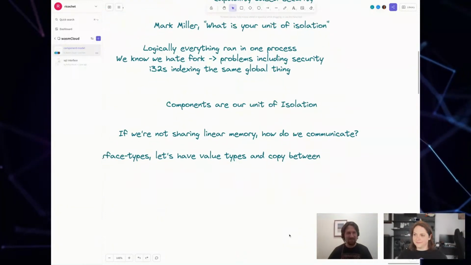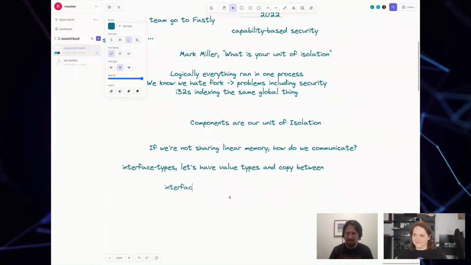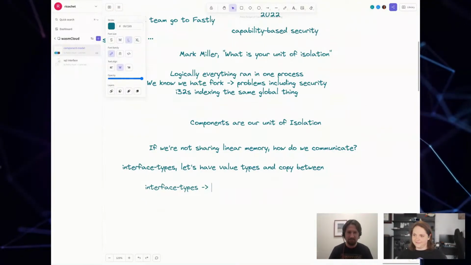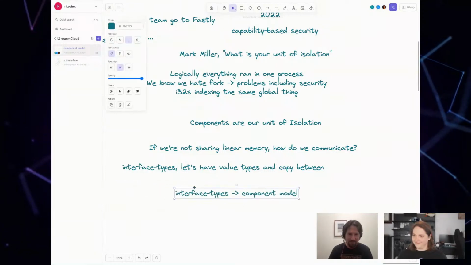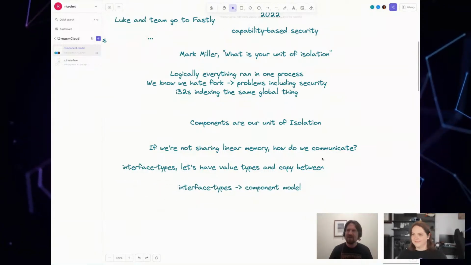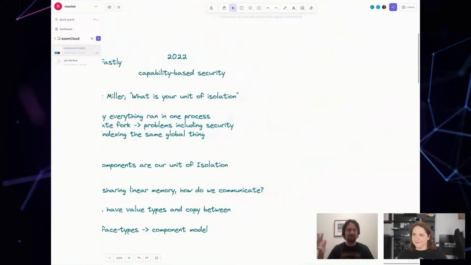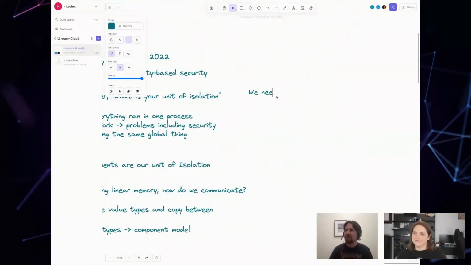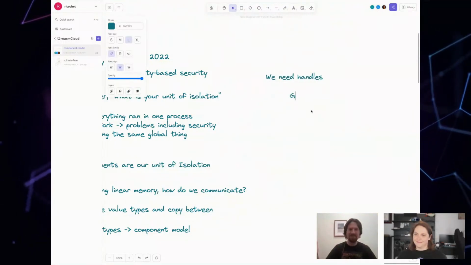We've talked about some types, and we definitely need high-level types. And if we're going to do capabilities, we need handles. It can't just be pure plain old data, because if I force you to use plain old data, you're going to have to stringify all your capabilities, and now you're not capability safe again. So we also need handles in this thing, one way or another, like an operating system file descriptor. So we repurposed interface types and grew it into what is now called the